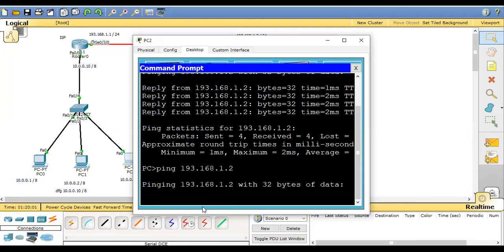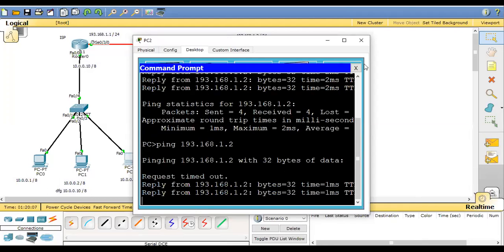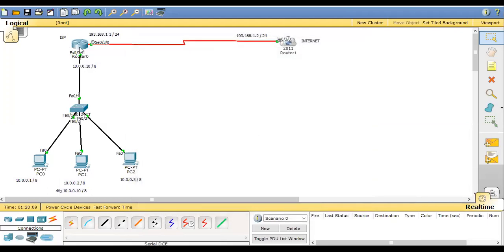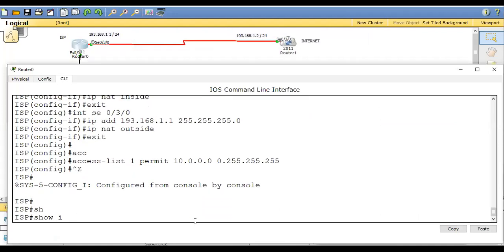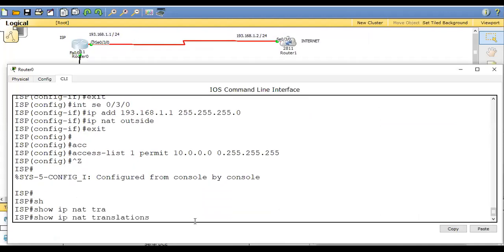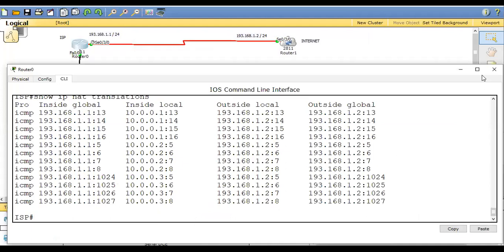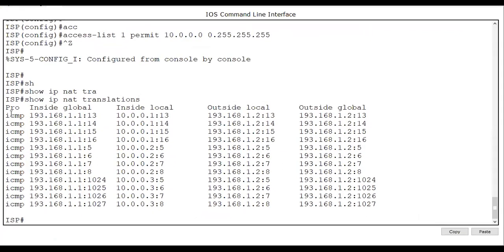All right. Now see here. Okay. So it will also go to the router. So everything is pinging. Immediately just go to the ISP router. Okay. And just check show ip nat translation. Now see it's showing the translation. Again, we are using the protocol ICMP because we are doing the ping, and ping uses ICMP echo packets.